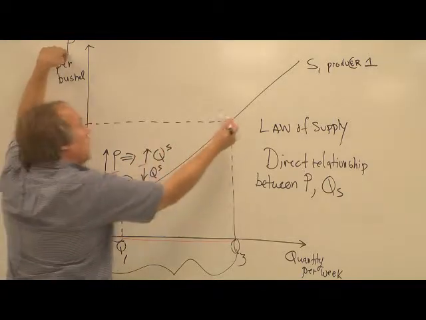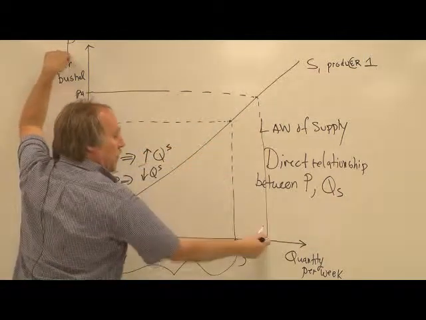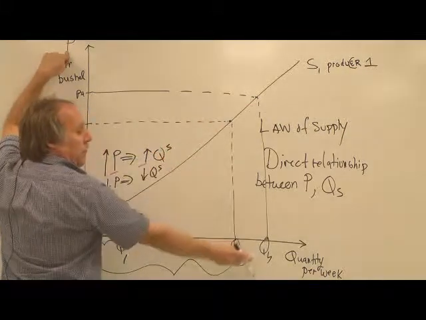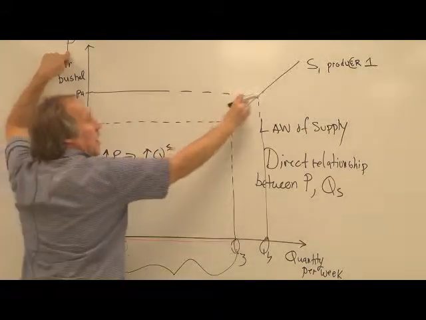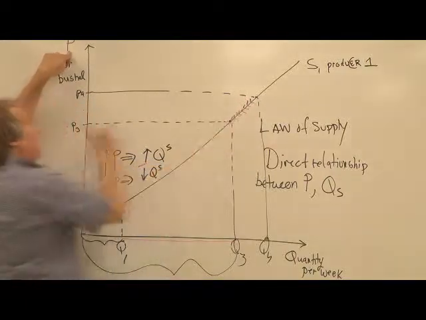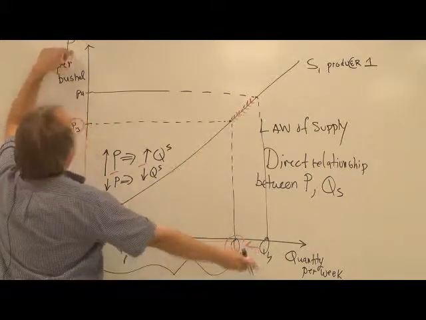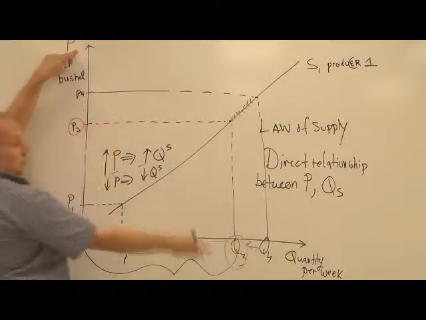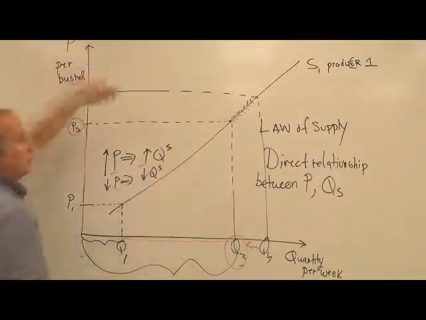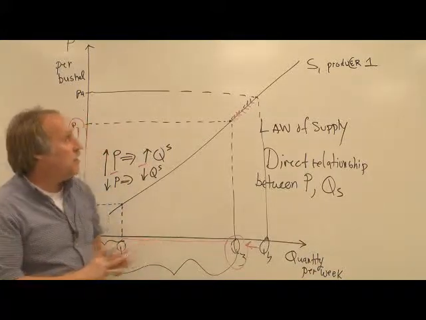In other words, if we're at P4, we would be at, let's call it, Q4. At P4, the producer would put out Q4. But if the price were to go down to P3, you would move along the supply curve to this point, P3 and Q3. Quantity goes to Q3 rather than Q4 when the price goes from P4 to P3. So again, you move along the supply curve. So that is the essence of the individual